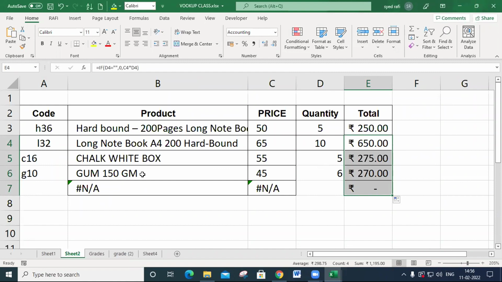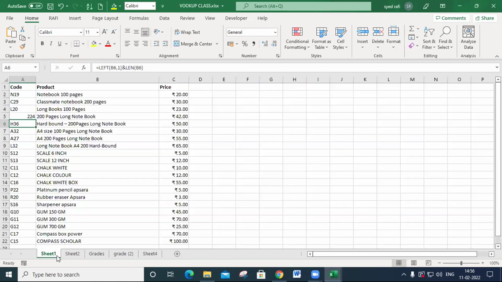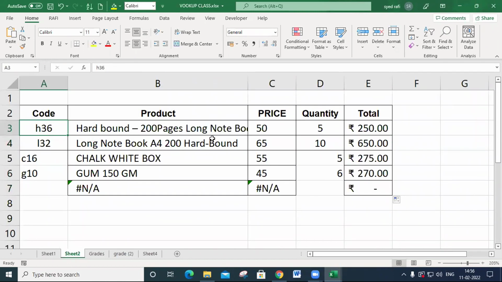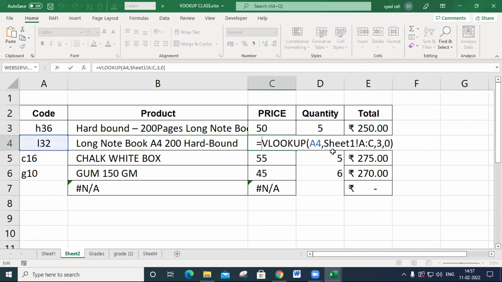be done. So here VLOOKUP depends upon this lookup value and displays the particular column, and it displays the remaining data. Here the important point is this is the first parameter, second parameter, third parameter, fourth parameter.